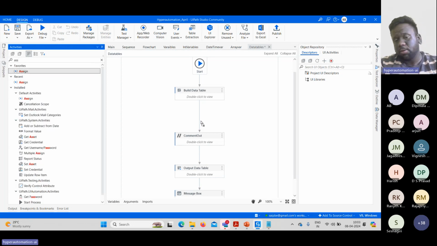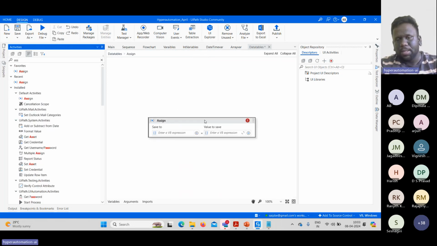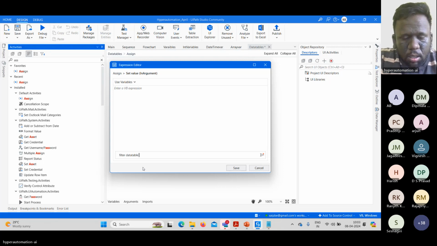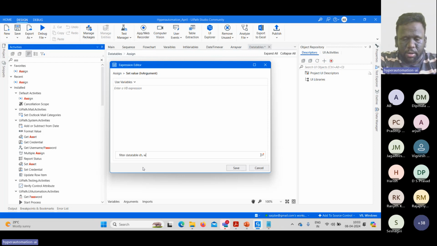We have a new feature in UiPath called Autopilot, which will help us write the queries for us, right? In order to write the query, I'll write it in general English language. I cannot zoom it here. Okay. I will simply write: filter data table DT1, where